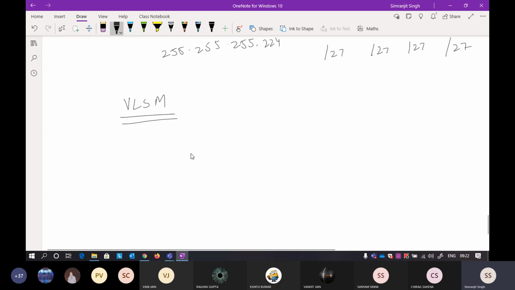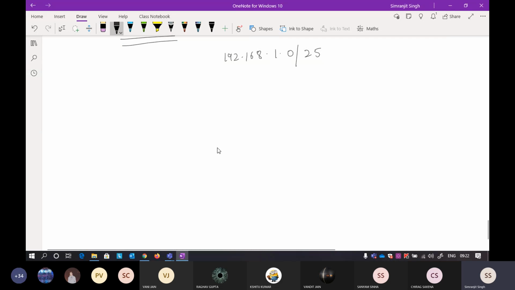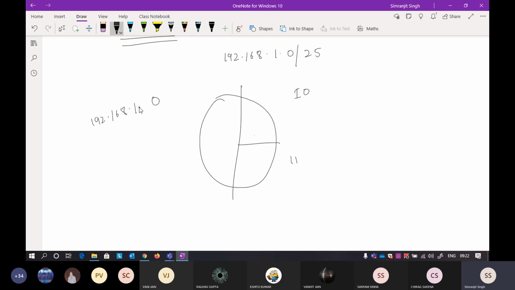I'll take the same example here, that is 192.168.1.0/25. When you divide it, the first part here will be fixed as 0, and this will be 1. When you divide this particular part, it will be 1 0 and it will be 1. Now if you want to find out the range, it will be 192.168.1, and here the first 0 is reserved because it is the network ID part, and the remaining 7 zeros are there, 1, 2, 3, 4, 5, 6, 7, and you can go ahead and find out the range.